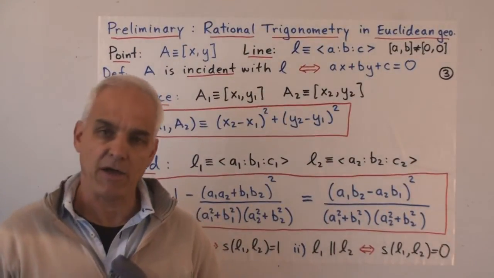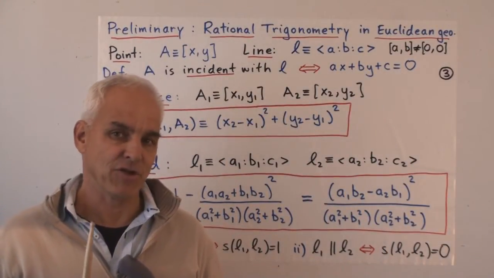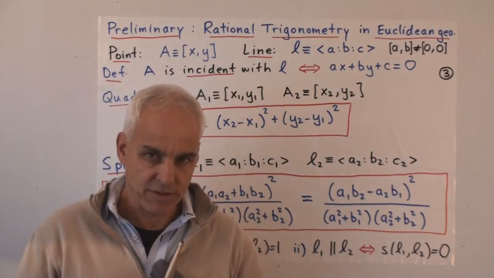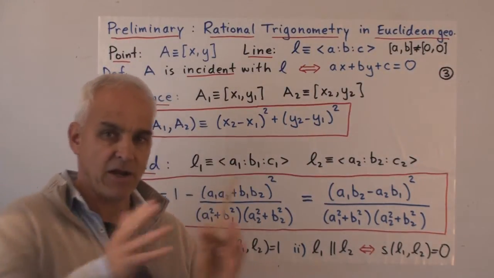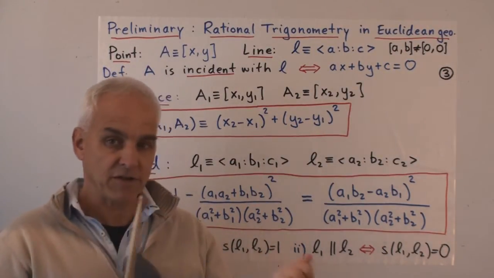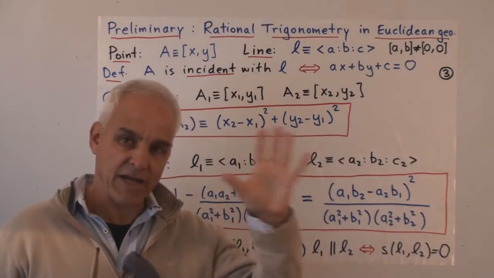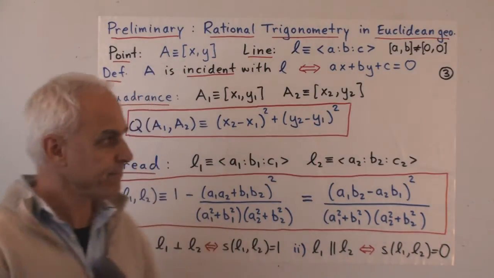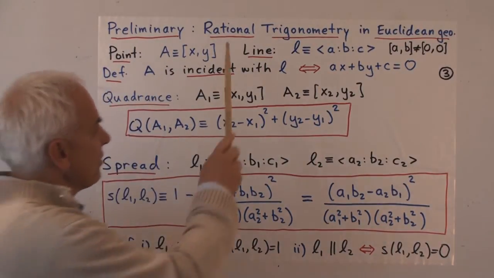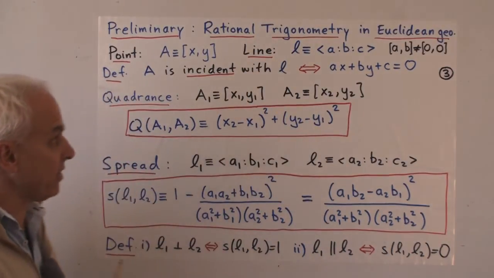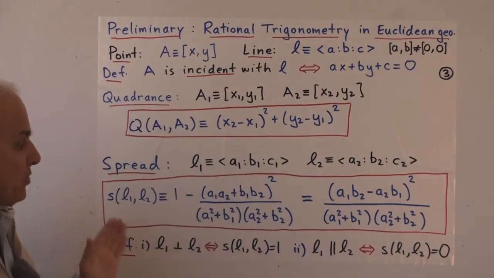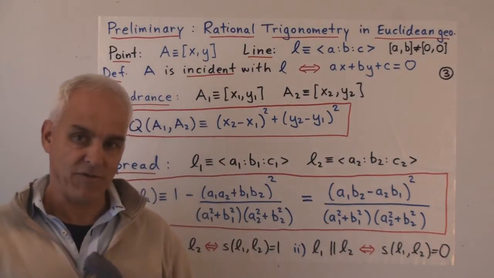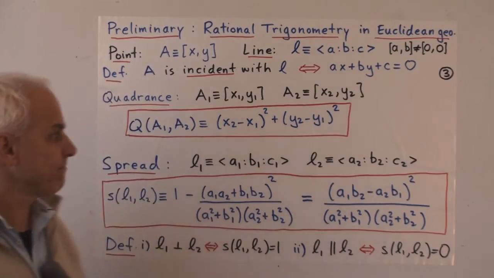So I'm going to start by reviewing the fundamentals of rational trigonometry for you. This is not the trigonometry that we're going to be doing in this course, but it's the affine analog of it. And it's especially instructive to place your understanding of hyperbolic geometry in opposition to what happens in the Euclidean setting. So let's review the basics of rational trigonometry in the Euclidean plane. And I remind you that the Wild Trig YouTube series discusses all of this and many applications in great depth.